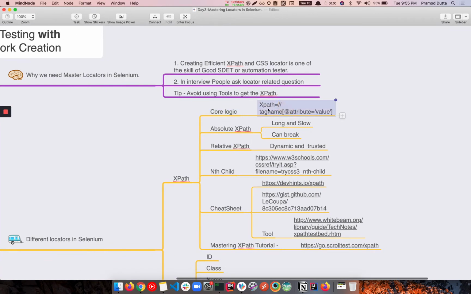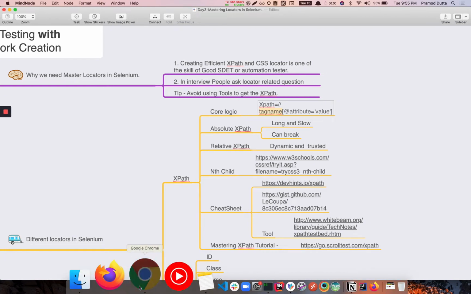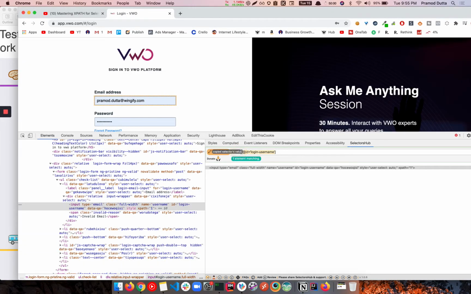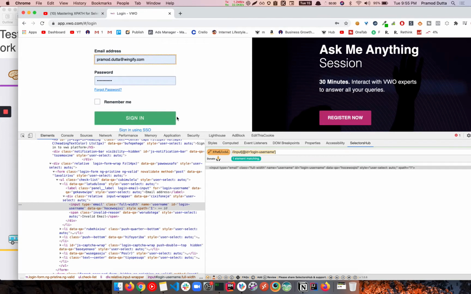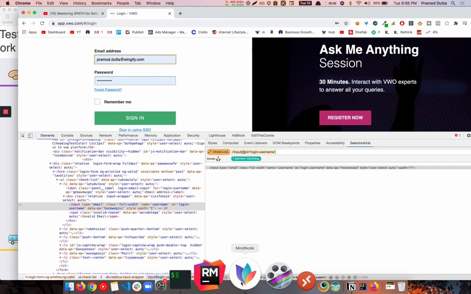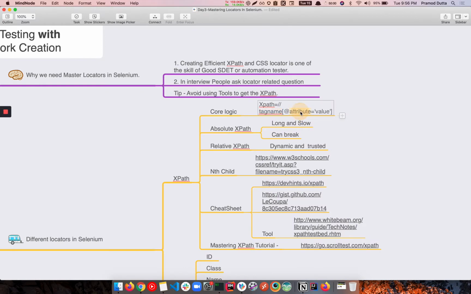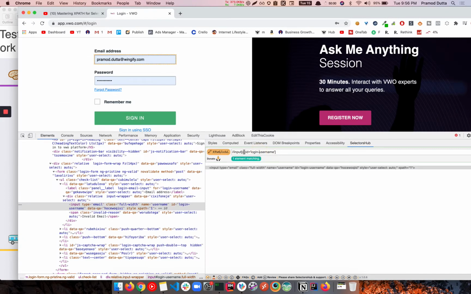of XPath is basically the tag name. So the tag name can be input box. If you see here, this is the tag name, which is input box. If it is a button, suppose there is a particular button, then it will be button in that case. Here you will write your attribute. You will have some @attribute, and here is your value. So a typical XPath looks like this. Here we tell, okay, this is your attribute. The attribute is ID. So if you see, we have ID here.